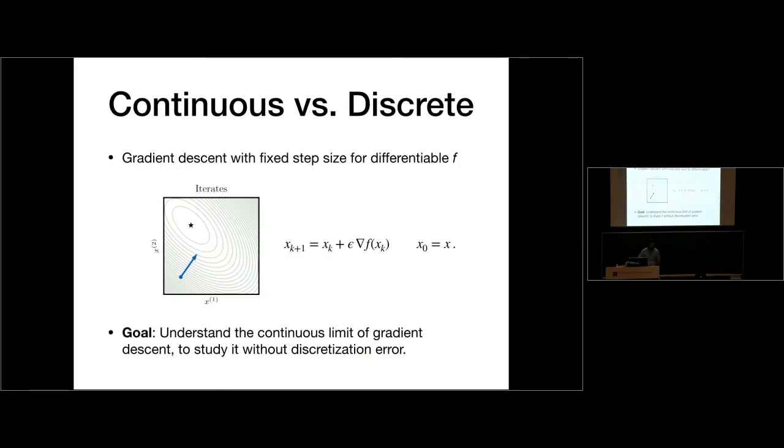OK. So this is the basic gradient descent algorithm, which is the backbone of all of machine learning as we think about it today, at least the deep learning slice. So we have our function f. We're going to start at some point in parameter space x naught. And at every iteration, we take the previous point x_k and add some constant multiple of the gradient evaluated at that point to get our next point.